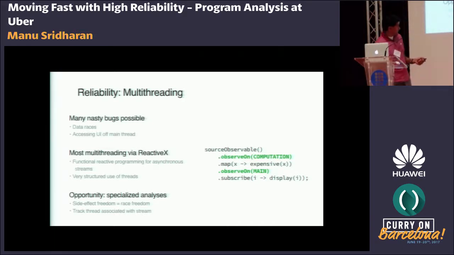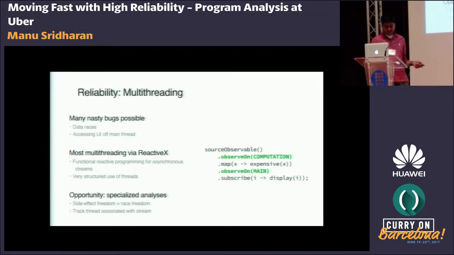So one interesting thing is that a lot of these operations, like these maps and filters, really they're supposed to be side effect free. So I think if we could actually show that they're not side affecting any global state, that takes us a long way towards dealing with race conditions in the app. And then if we can keep track, you can see that even in a type-based manner, you might be able to keep track of the thread that's associated with one of these streams.